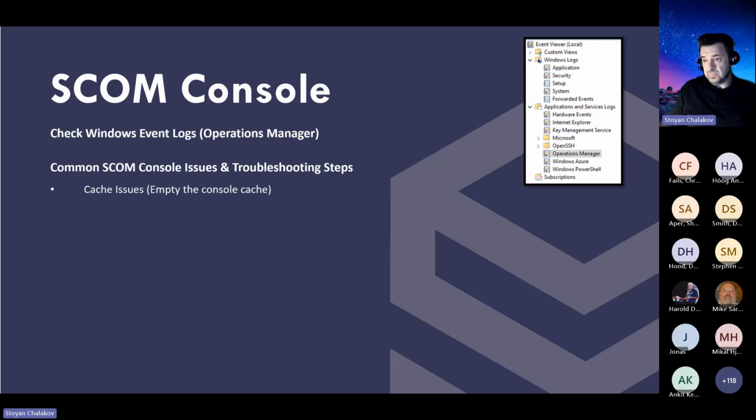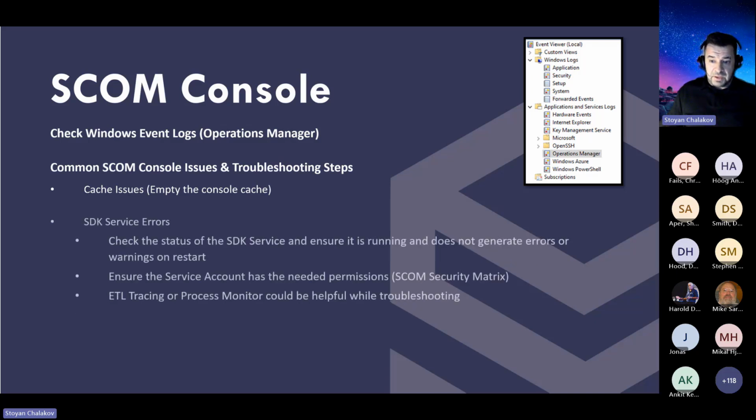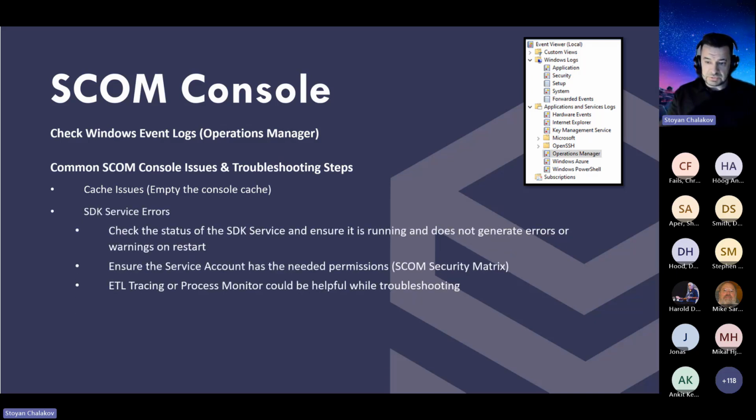We know that the SCOM console is a sensitive one, so clearing the cache might solve some strange behavior or issues. And of course, because the SCOM console is actually an SDK connection, a connection to the SDK service of your management server, you need to address possible SDK service issues. So you need to ensure that your SDK service is up and running, that it does not generate errors or warnings on restart. So you need to ensure that your service account, which is used for the SDK service, has